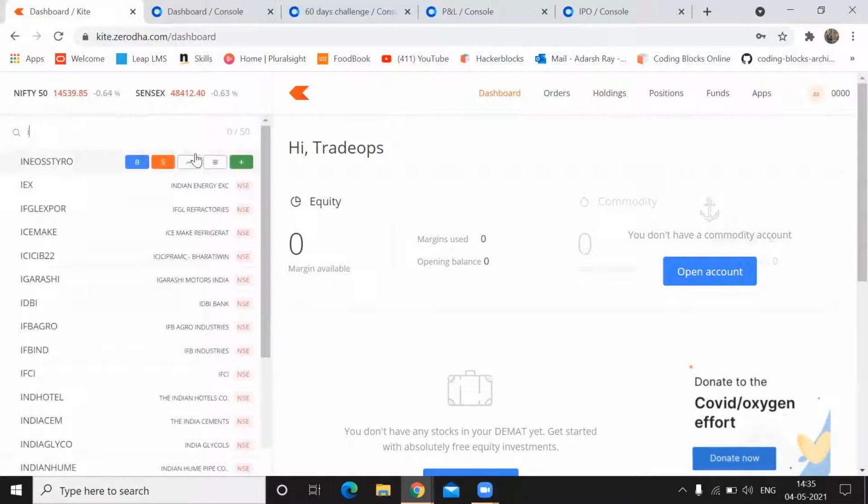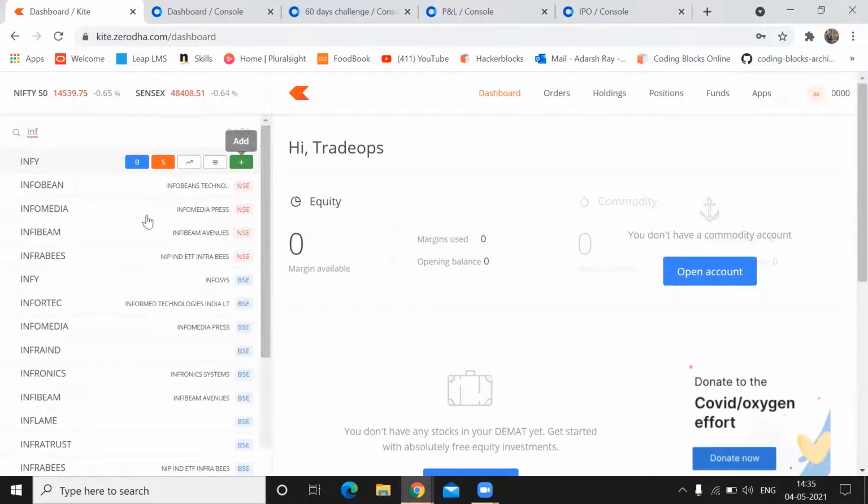So let's add Infosys. Okay, so you can see out here some more things. This is a stock of NSE and this is a stock from BSE. So there's no compulsion that you need to add a stock from NSE or from BSE, anyone. You can use any of them. Generally, BSE stocks are less volatile as compared to the NSE ones, so their price movements are a bit faster, and they provide 50 market depths. So I generally try to add the stocks which are in NSE.